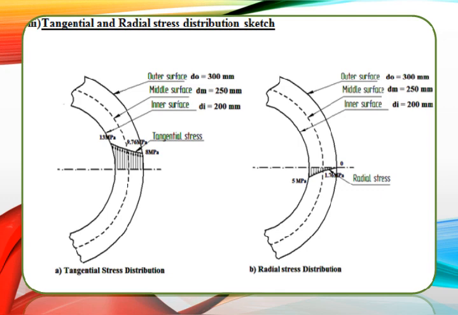Next, similarly, we are supposed to do the same thing for the radial stress distribution also. In the radial stress distribution, the stresses at the inner fiber, middle and outer surfaces are -5, -1.76 and 0 respectively. Here the values we obtained are negative, so the horizontal line we must consider as the reference, and below that all values are negative. So 5 megapascal, 1.76 megapascal and 0, we are supposed to join using a curve with the parabolic stress distribution, and this completes this particular problem. Thank you.